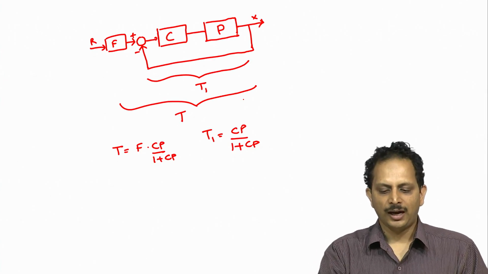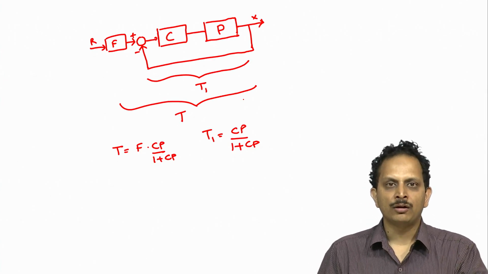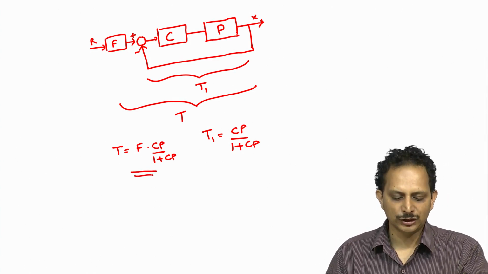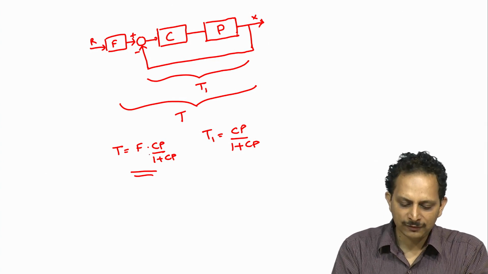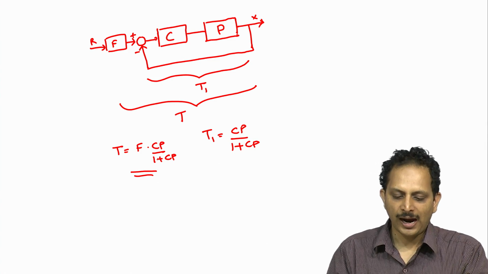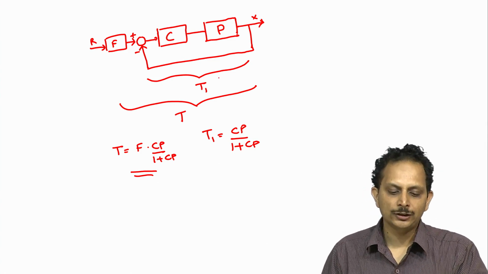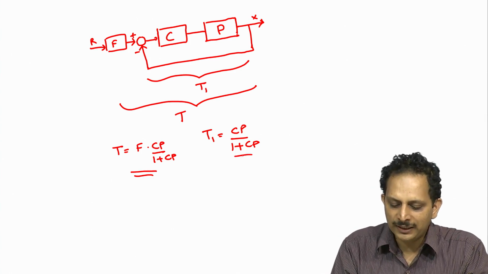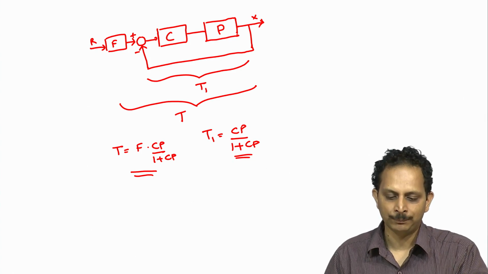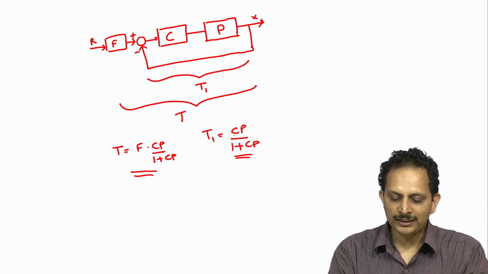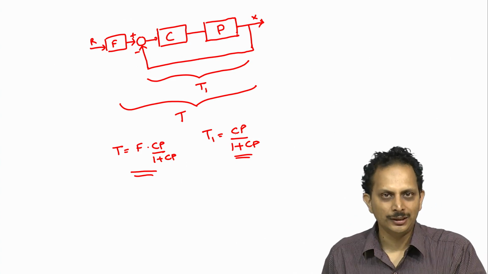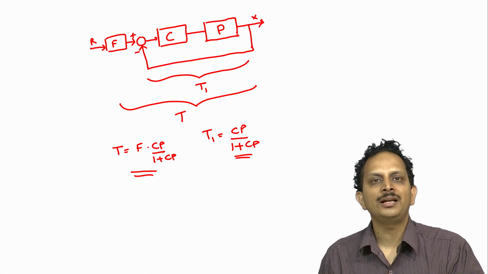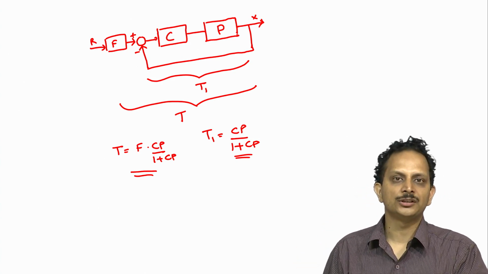To answer this question, I have indicated the 2 degree of freedom control system here, and I have defined the overall transmission function, which is T, and that is given by f times Cp by 1 plus Cp, and I have defined T1 as the transmission function for just the feedback part of the overall system, and that is simply given by T1 is equal to Cp by 1 plus Cp. Now the question is, do we design the controller C to restrict the variation delta of j omega, or do we design the controller C to achieve the desired nominal response for the overall transmission function?